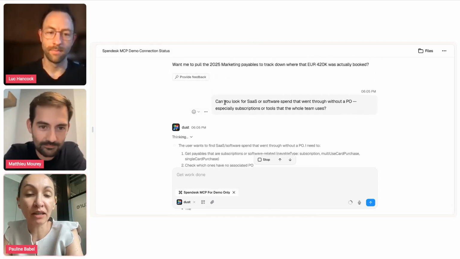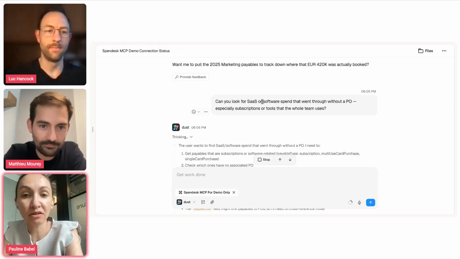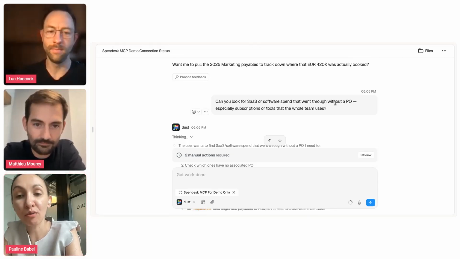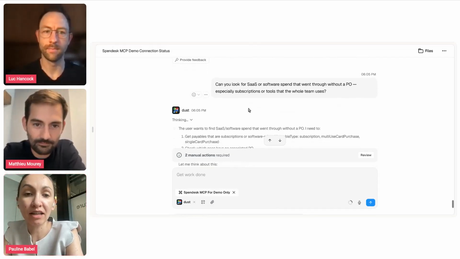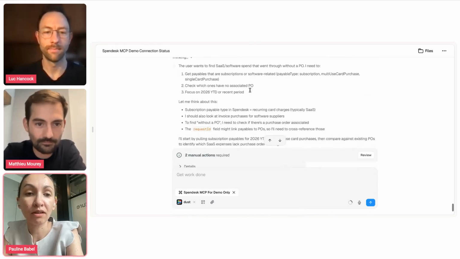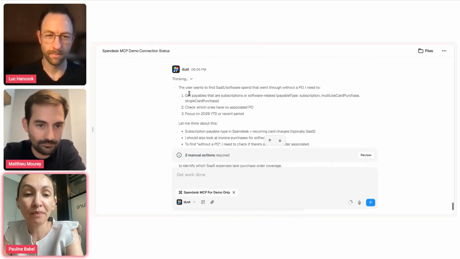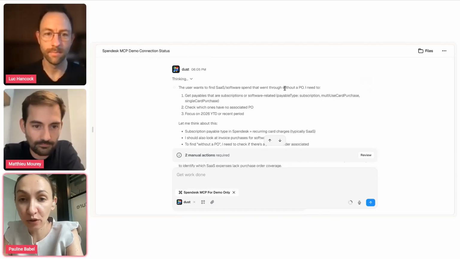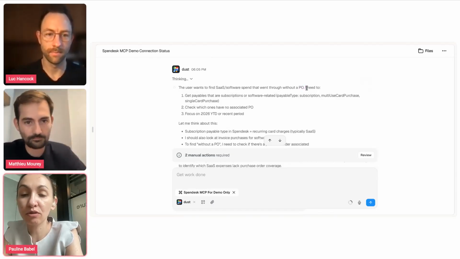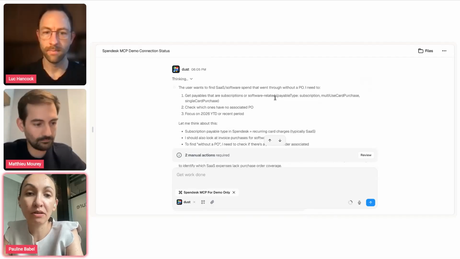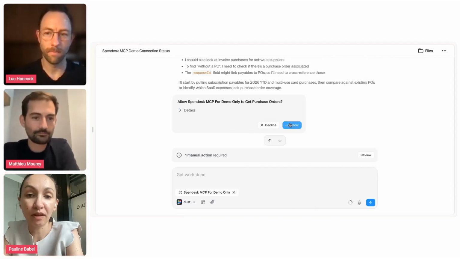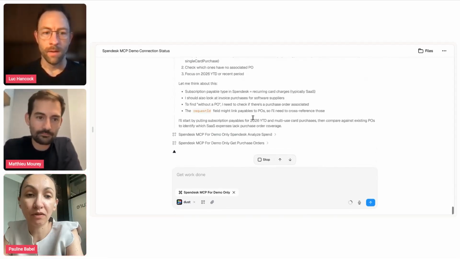So now I'm just prompting, can you look at SaaS or software spend that went through invoices without a PO, especially for subscriptions and tools. And now, thanks to Dust combined with the Spendesk MCP, it's able to take a deeper dive even for the PO. So invoices, payables, purchase orders, everything is now in scope, and you can retrieve everything.